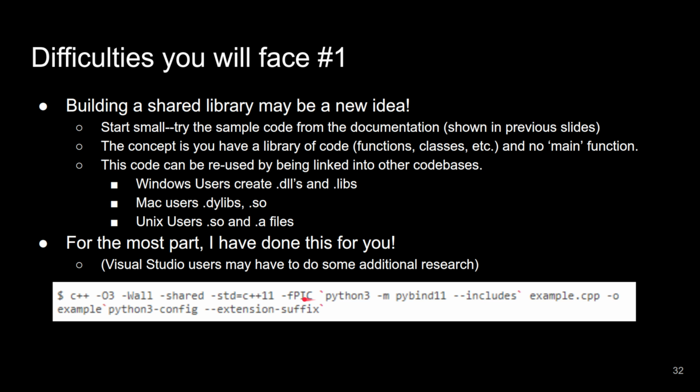So this is just part of the compilation flag. It basically means the code that we compile can be easily moved around, so build it in that way on the compiler's end. And then the rest of this, between the little quotes here, is from Python. This sets up all of our includes, so we're including all of our header files from PyBind11 here. Then the C++ file that we want to compile, and what we're going to output this library name as, example. And then any other additional libraries that we need to include.